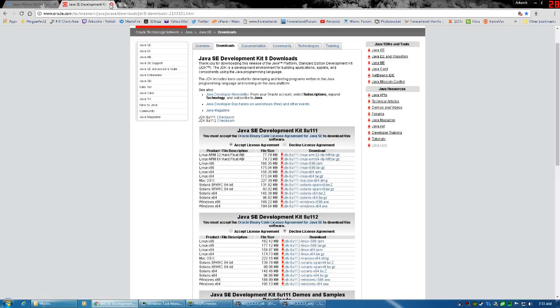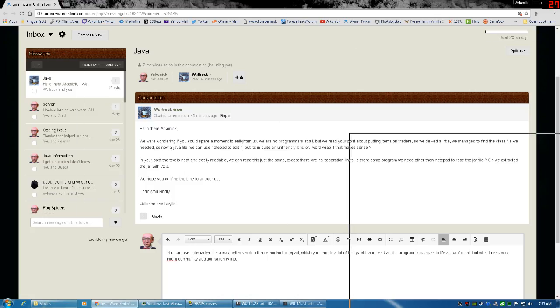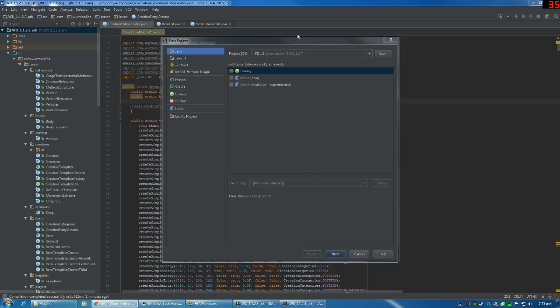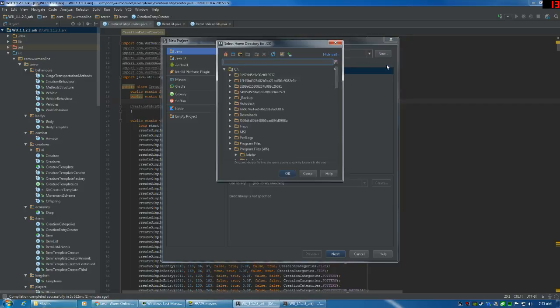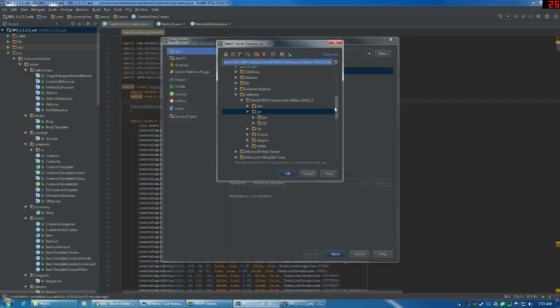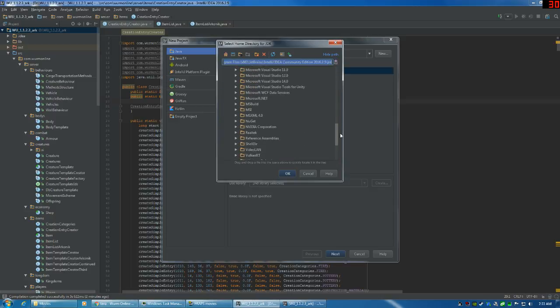Basically install it, and then when you get to this point right here, you're going to need to tell your project what SDK you're using. So I go in here, let's just say you select new, and you say JDK, and in here is where you're going to find where your JDK is. See, this one here is saying it's in JetBrains, JRE, but actually